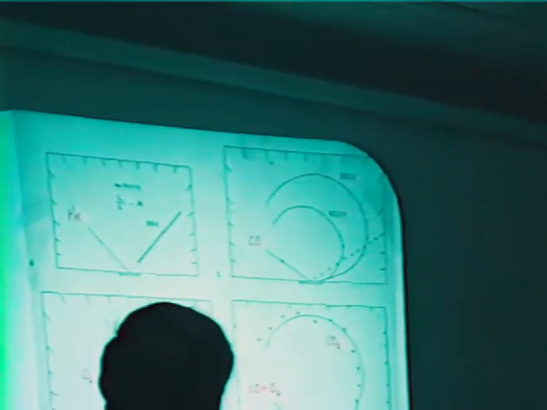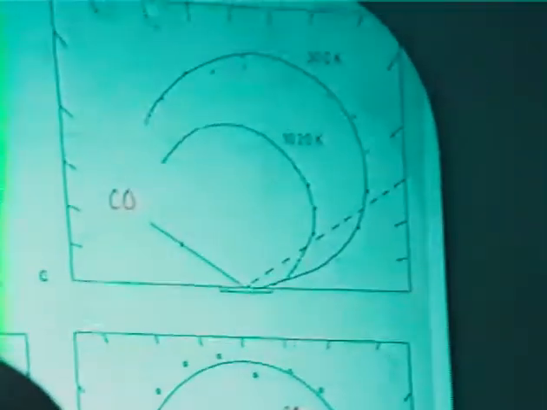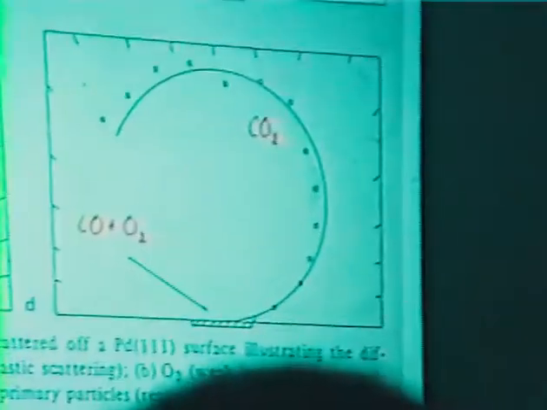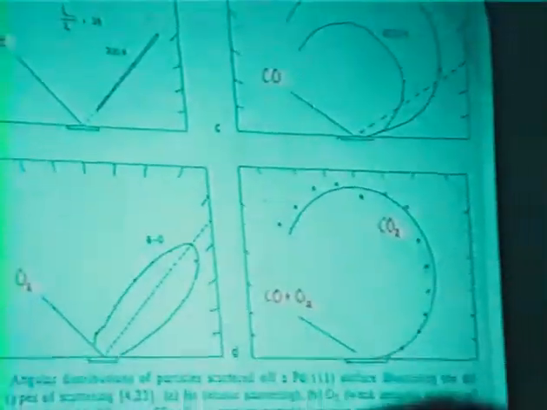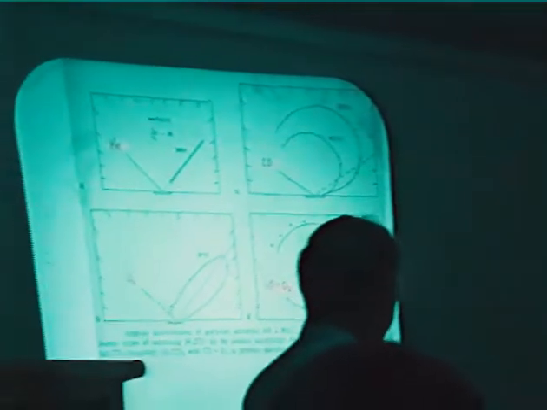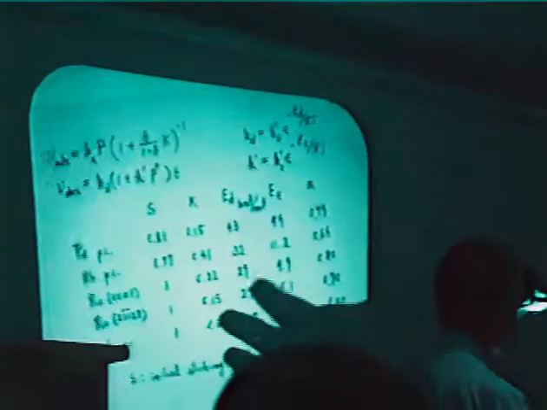One of the possibilities would be that the CO molecule stays on the surface for a while. And this is a molecular beam experiment carried out by Harper and others. For instance, this is elastic scattering. And in the case of CO, it stays for a while and moves around, and then it scatters in this manner. So during such behavior, the precursor state may work in reverse towards the adsorbed species, and then it accelerates the desorption.